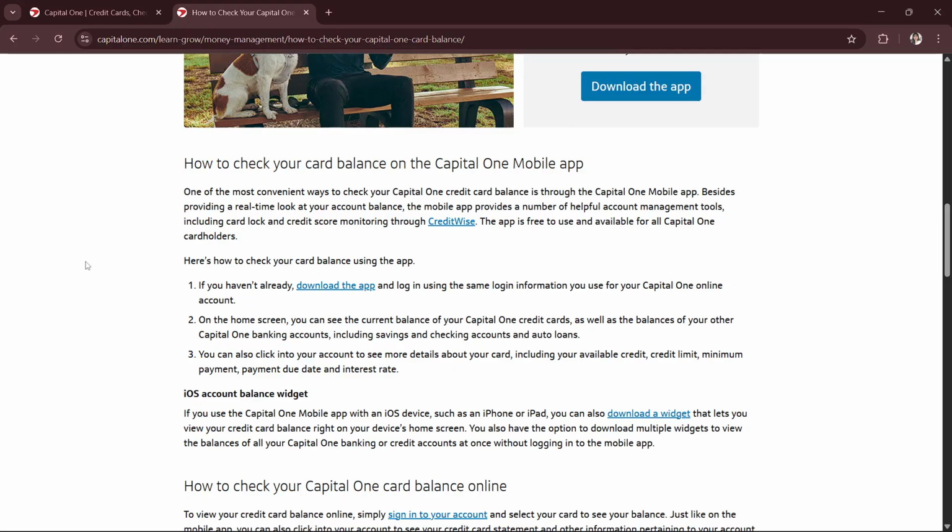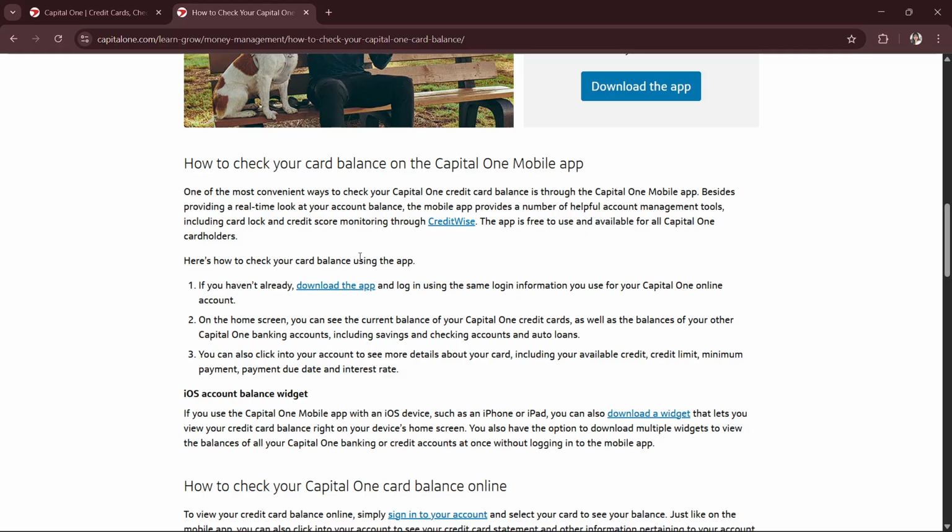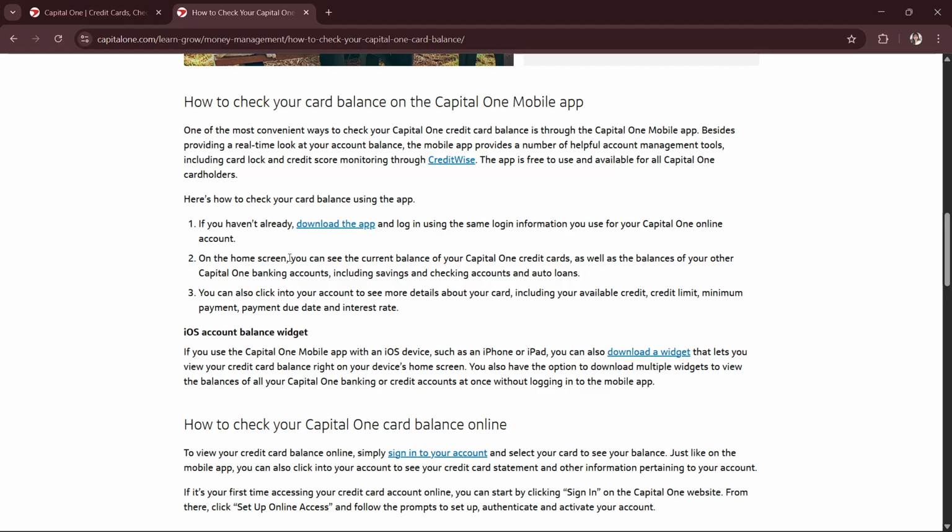So of course, first things first, you have to make sure that your country actually has Capital One, and after that you will of course log into your account, fill in your username, your password, and proceed to signing in. And after you sign in, you will see the account section, and then you will basically just select your credit card. And then, of course, on your home screen, you can see the current balance of your Capital One credit cards